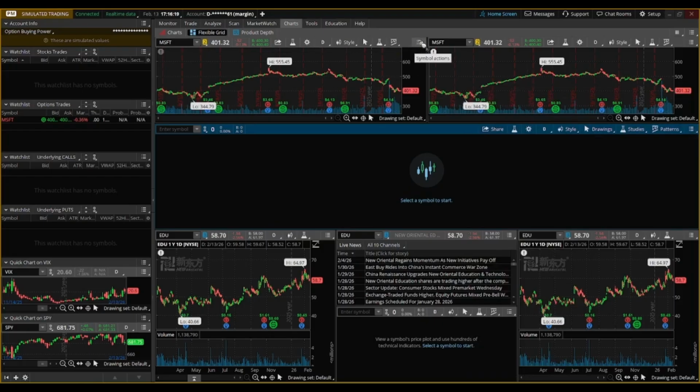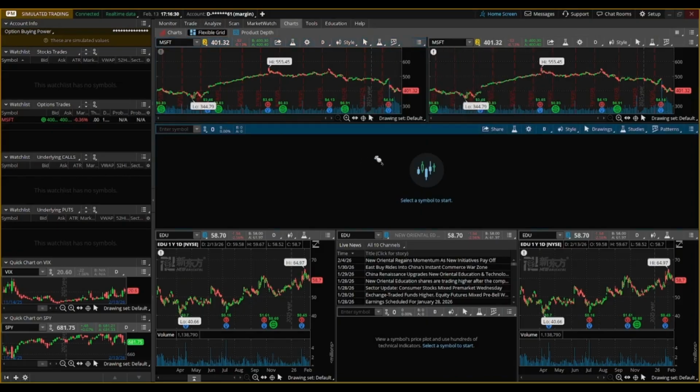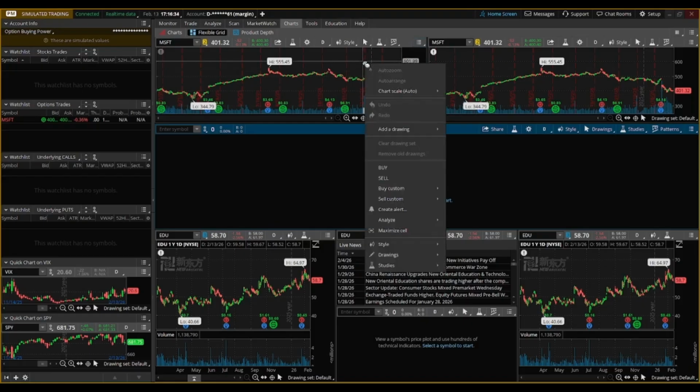Click that to open the complete chart menu. From there, go to Studies, then Edit Studies. It's in the submenu near the top of the list. Method 4, Right-click. Right-click anywhere on the chart itself to open the same complete menu, but the order is reversed. The submenus will be near the bottom of this menu instead of the top.